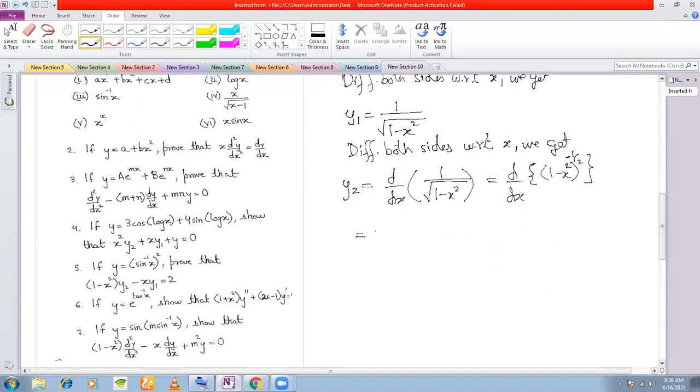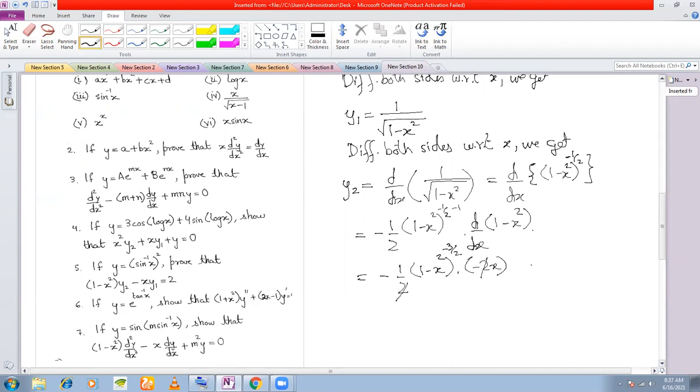So now differentiate this first by x to the power of n. So you get n x to the power of n minus 1 into d/dx of whatever is within the power, which is 1 minus x square. So you get here minus half into 1 minus x square into d/dx of 1 minus x square, which you know is minus 2x. So what you see here is that this 2 and this 2 cancel out, and this is to the power of minus 3 by 2.